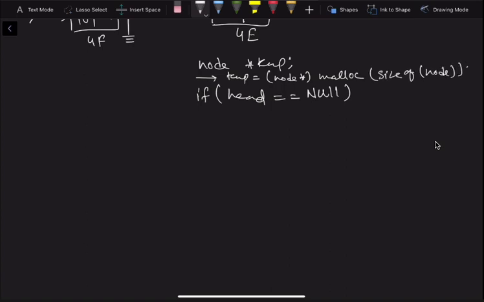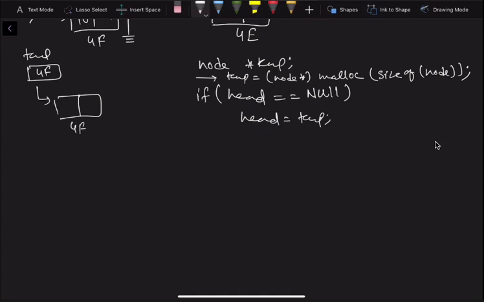This is what we have already done. If head equal to null, then what we do is, head is equal to temp. So right now when you create a new node, this temp will have 4f as address. 4f is this. This is the condition right now.